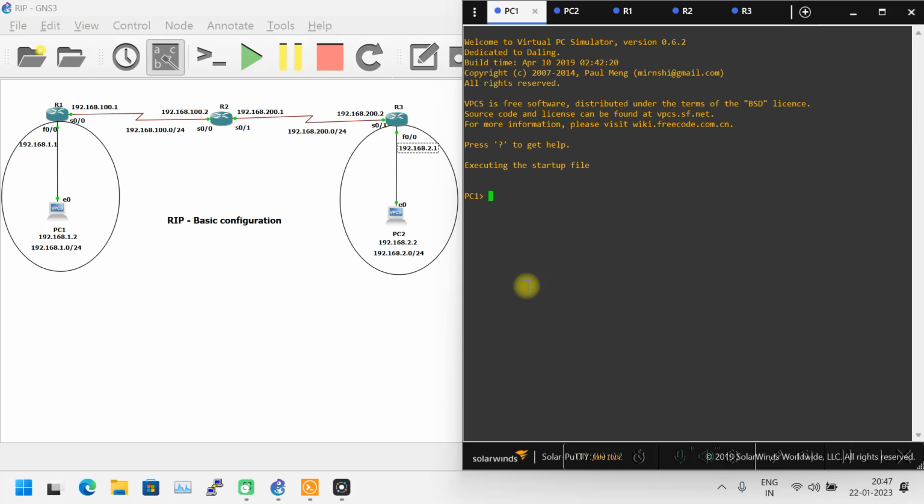Hello friends, today in this lab we are going to see how to configure RIP in GNS3. So let me explain this scenario first. I'm taking two PCs here, PC1 and PC2. PC1 I'm taking in this network